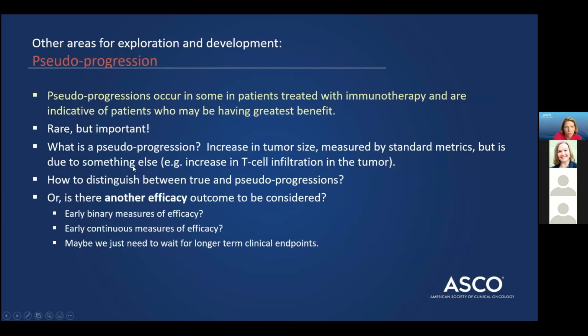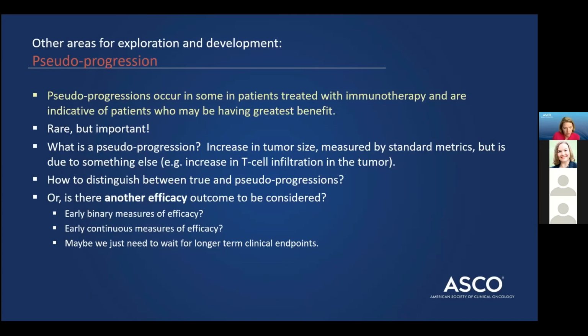One other thing I'll just mention briefly is one of the things that we see with some of the immunotherapies is what's called pseudo-progression, and this is a scenario where it looks like the tumor is progressing, but really the tumor is almost blowing up. It's having an increase in T cell infiltration, and it looks like the tumor is getting bigger, but really what it's doing is it's getting bigger, but it's also dying at the same time, in a sense. So there's been a challenge with trying to distinguish between true and pseudo progression,